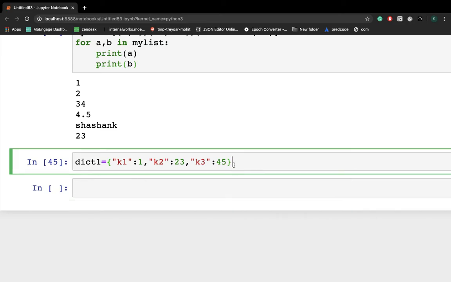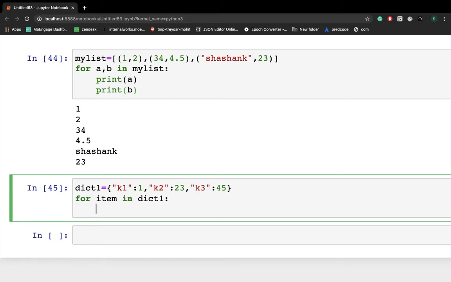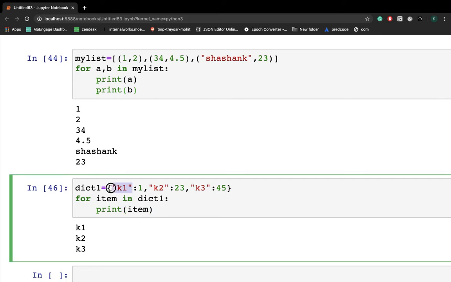Similarly we can do the same thing here also. For item in dict1, colon, then we can print item, right? If you print the item, you'll get only keys, right?